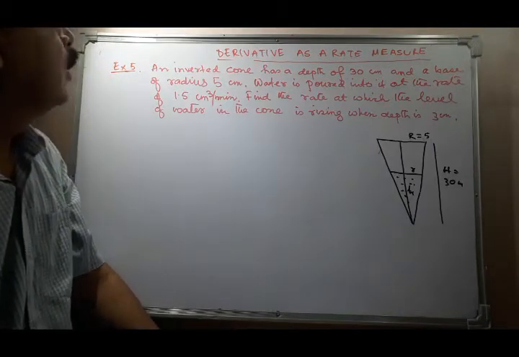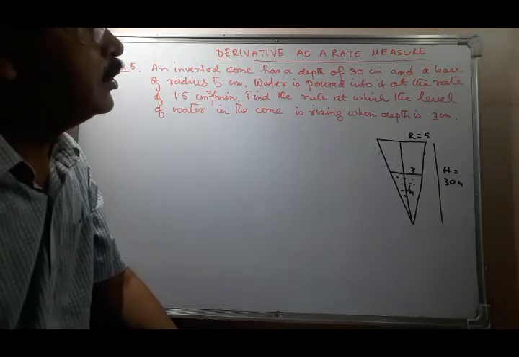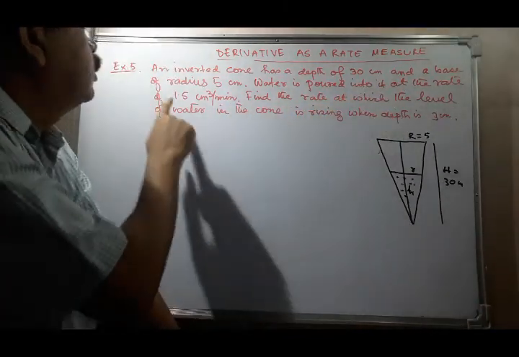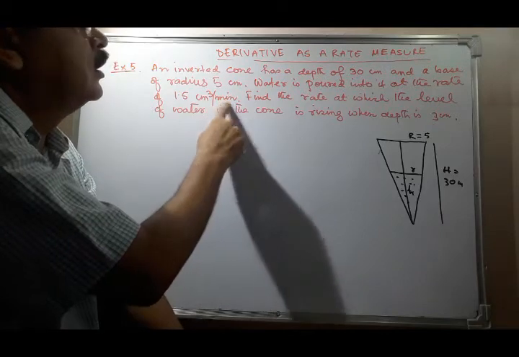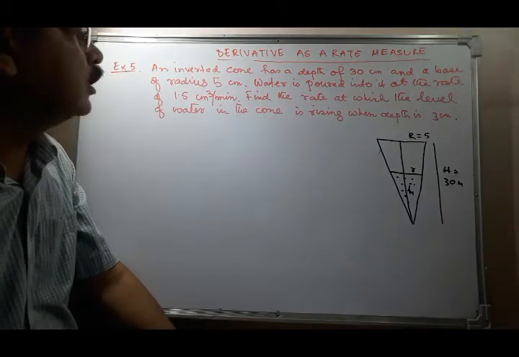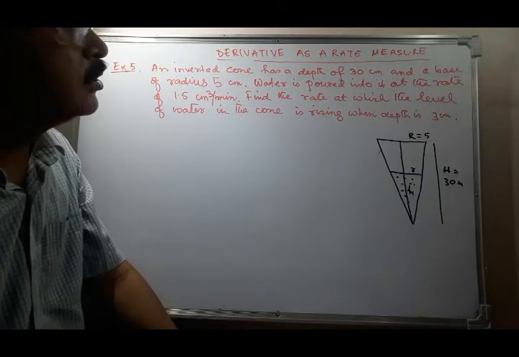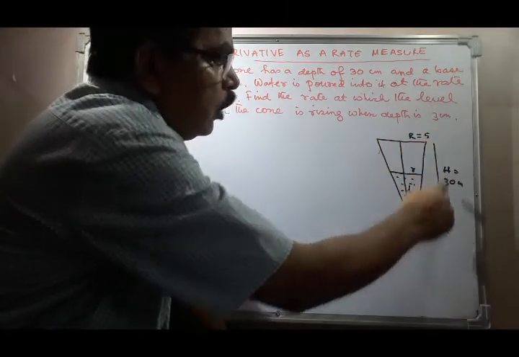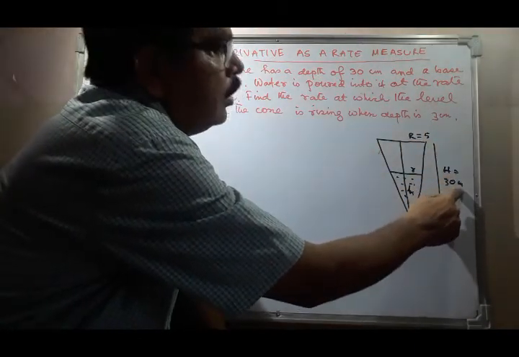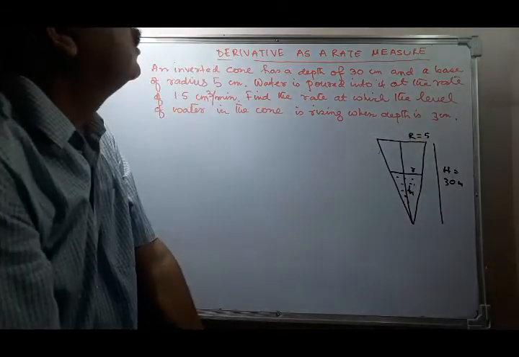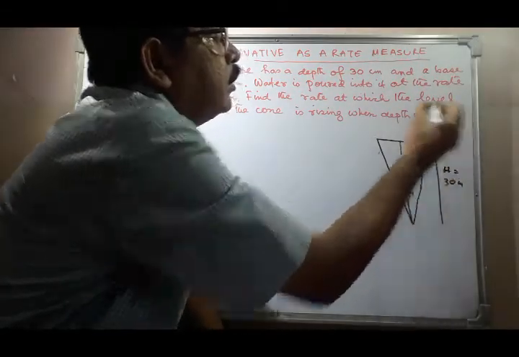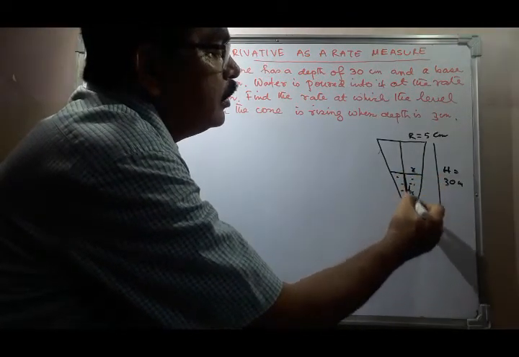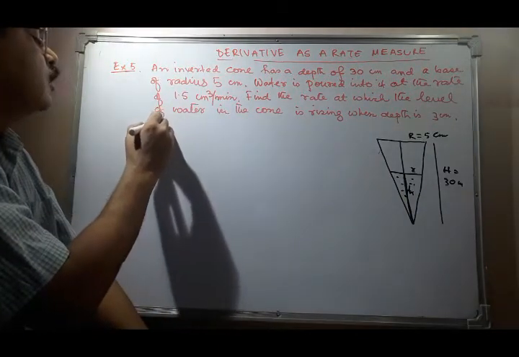Example number 5. An inverted cone has a depth of 30 centimeter and a base of radius 5 centimeter. Water is poured into it at the rate of 1.5 centimeter cube per minute. Find the rate at which the level of water in the cone is rising when the depth is 3 centimeter. We have drawn a diagram. This is the initial inverted cone. The actual height is capital H equal to 30 centimeter, and the radius is given as 5 centimeter. We have taken the water level with radius r and a height. So at any instant, solution,